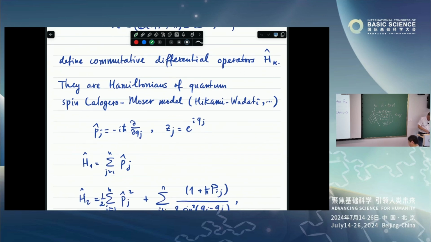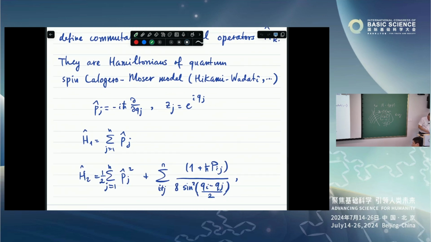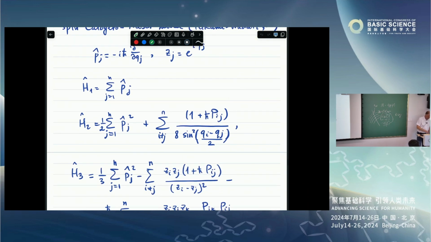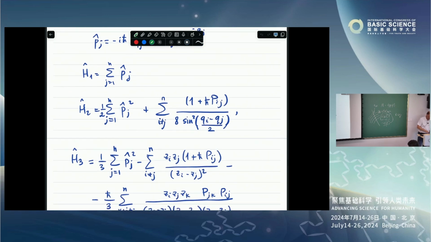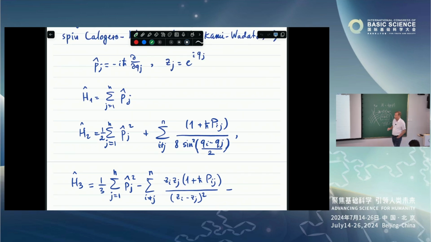So we have, but let's take this space. So then we have differential operators in Z with coefficients that act by permutations in the tensor power of an n-dimensional vector space. So Z is e to the iq, and this gives the differential operators, which have a very nice physical interpretation.